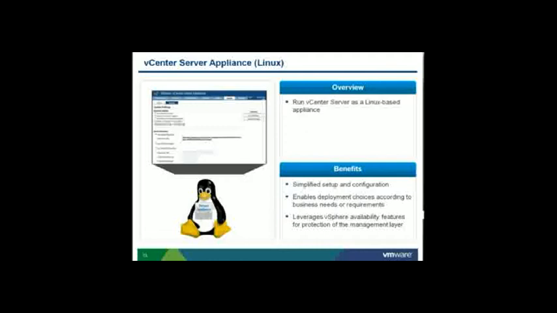You pull it down, everything is pre-configured. It is fully self-contained, it has a back-end database. It is running on a Linux platform. It is a VM on a Linux platform. You do not need Linux skills, as it is essentially a front-end GUI, fully configurable. It's not a replacement for your Virtual Center Server running on Windows. We're going to deliver both of them, so you have the choice, or you can jump from one to another